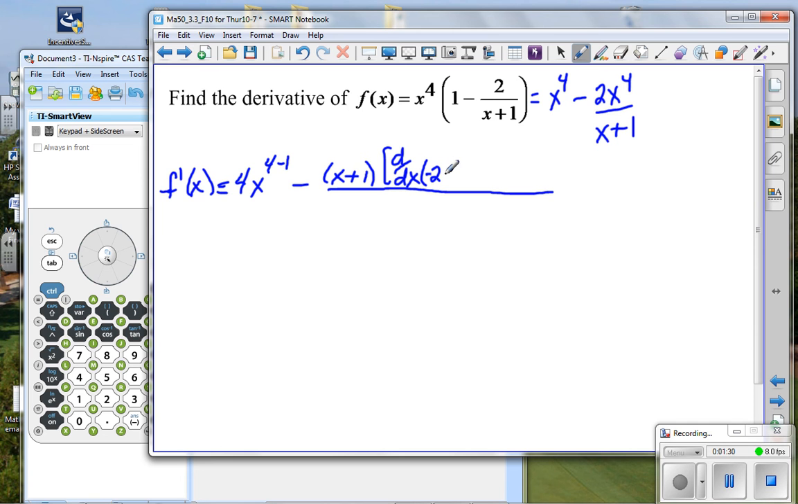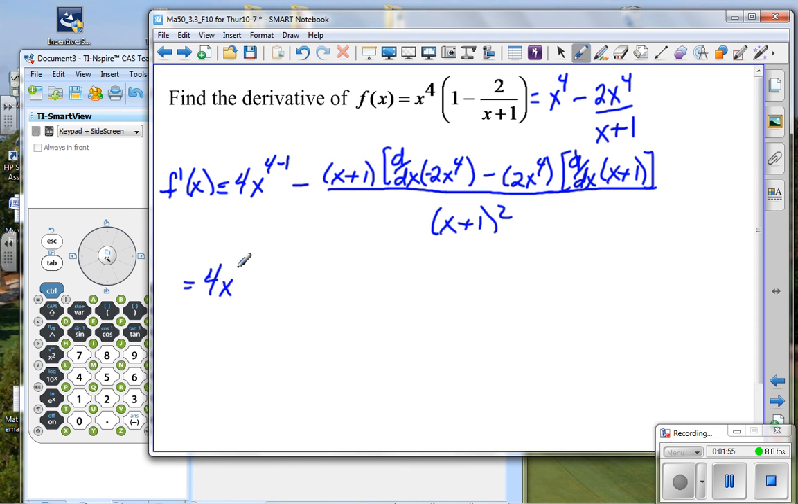a negative 2x to the fourth, minus the numerator times the derivative with respect to x of the denominator, all of it divided by the denominator squared. So we have from our first term 4x cubed minus, and I'm going to now,